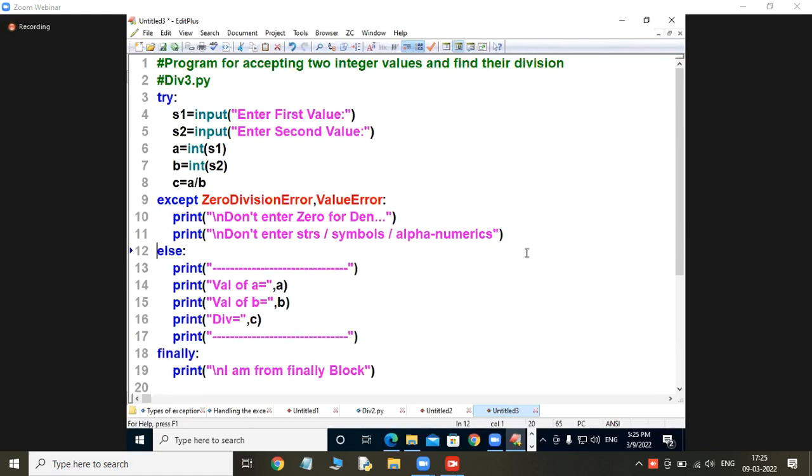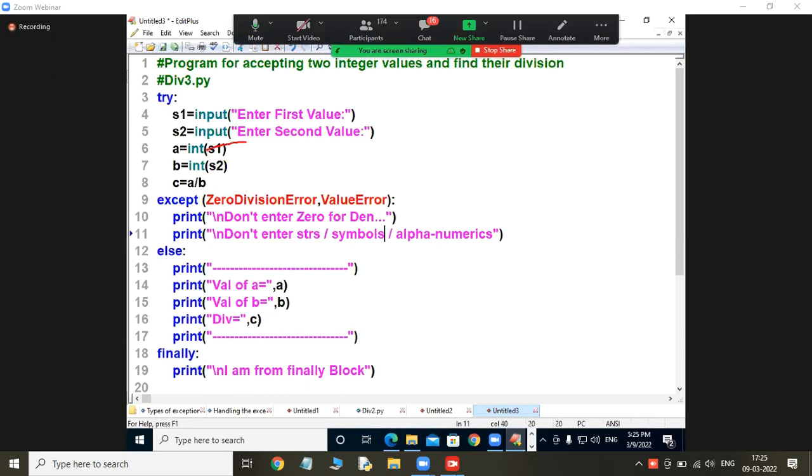Are you following? This is an except block. How many exceptions am I writing at a time? Two exceptions I am handling here: ZeroDivisionError, comma what? Simple. Whenever an exception occurs, it comes out and looks for an except block. It internally applies what operator? The in operator.